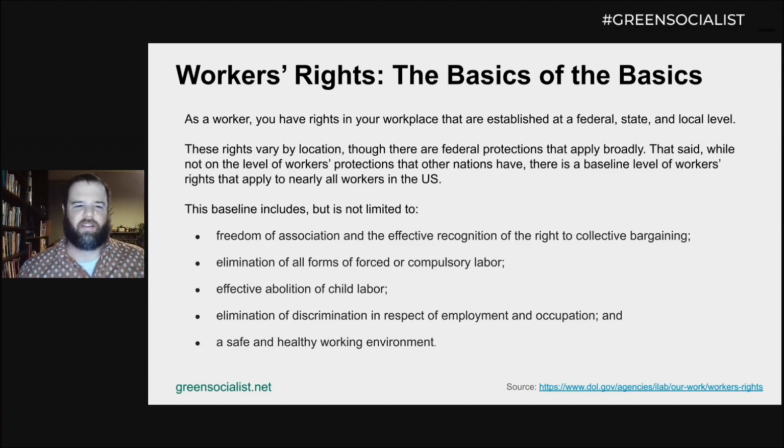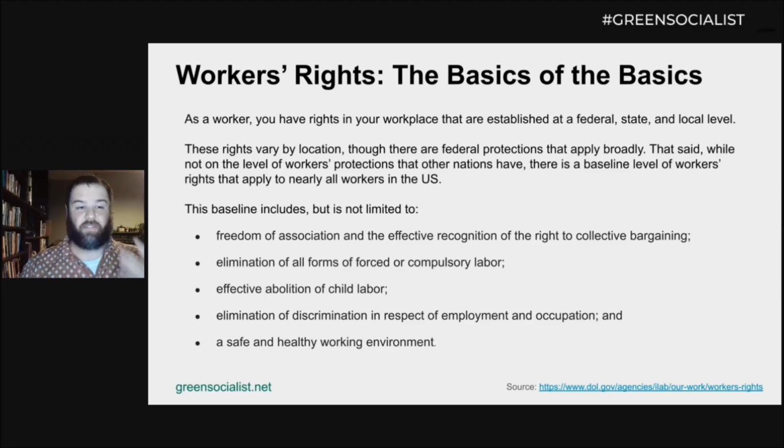We could go over the basics, but we really can't do justice to workplace organizing in an hour span. So that's going to be a whole other thing, probably a multi-series workshop that we're working on. But tonight's just about the basics of the basics, right?